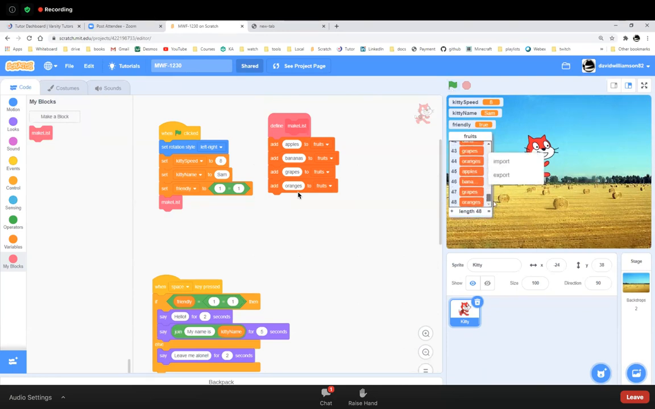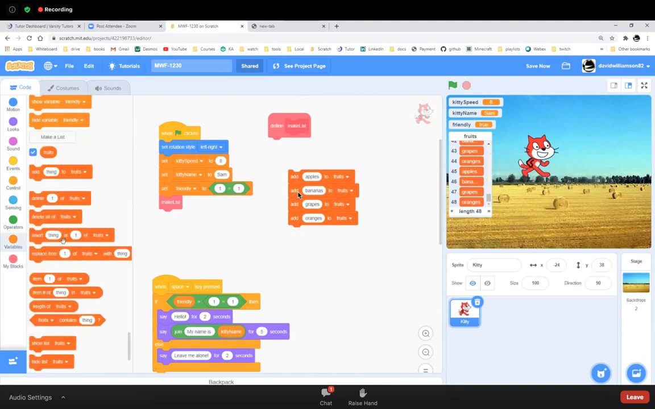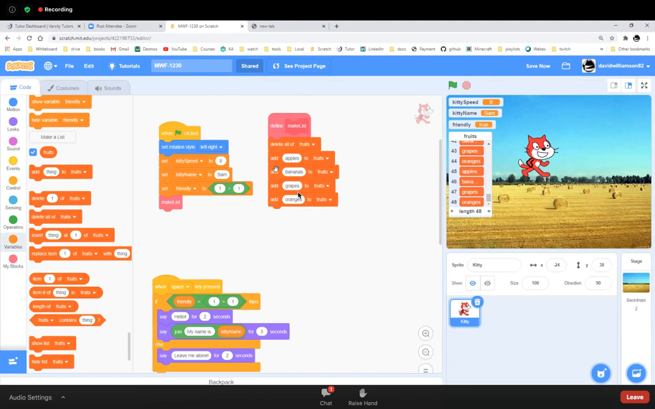No way. So I need to modify my make list function by beginning it with new blocks. So I'll go into my variables, I'll go down into my red list blocks, and I'll say delete all of fruits. And that's the first thing that it's going to do when it makes the list. It's going to empty the list before it does anything. So now I can click the flag until I'm blue in the face, and I'm only going to get